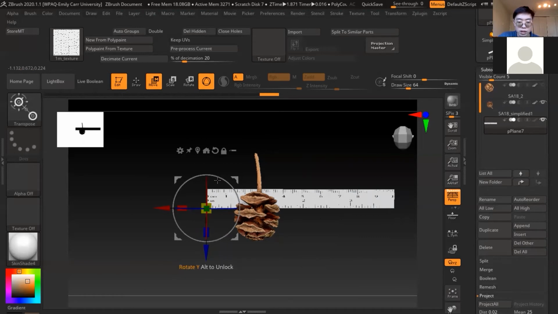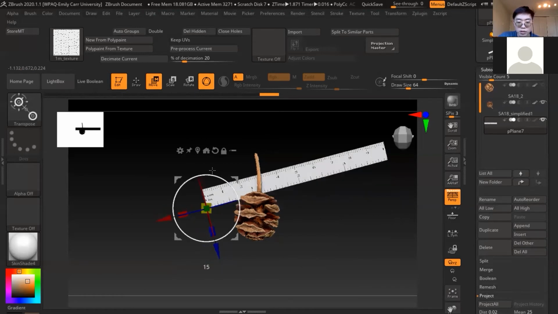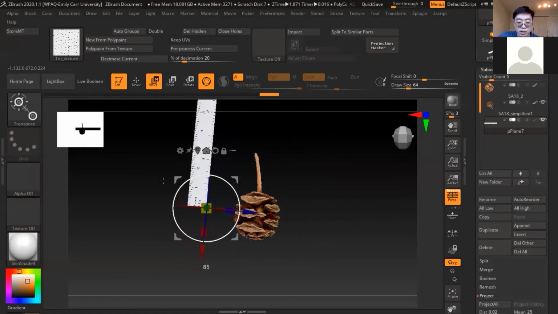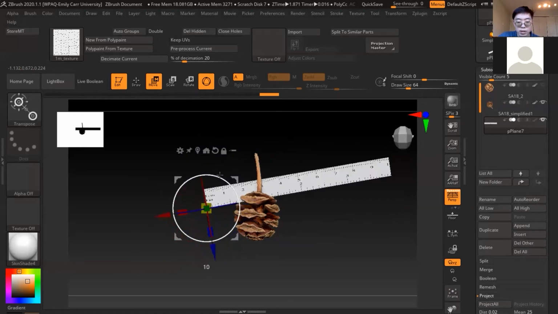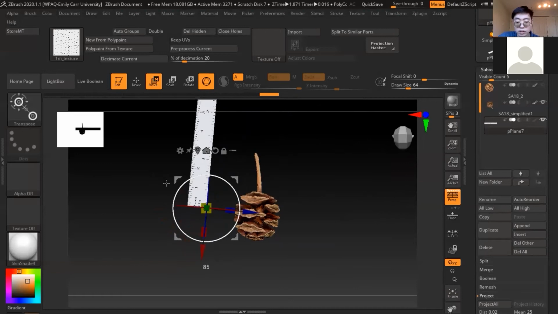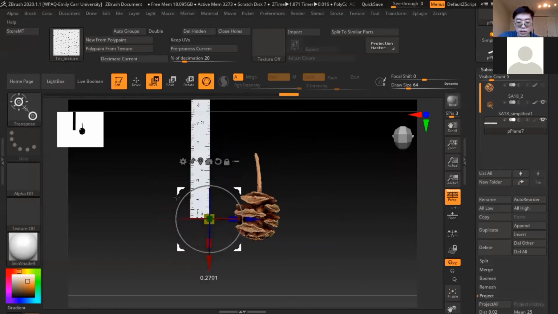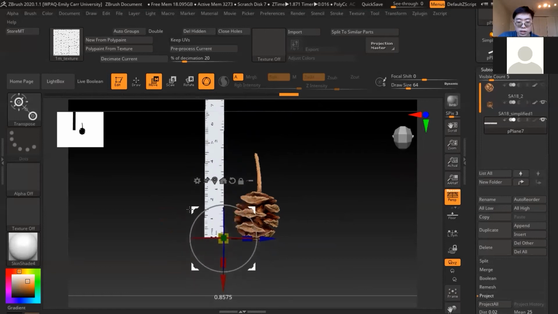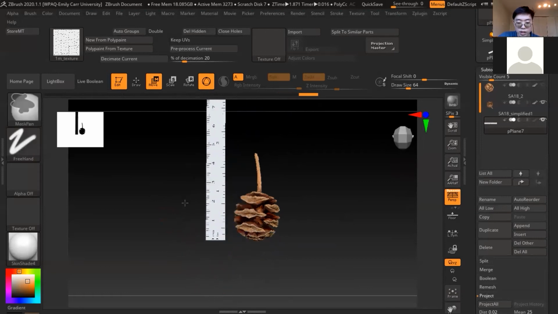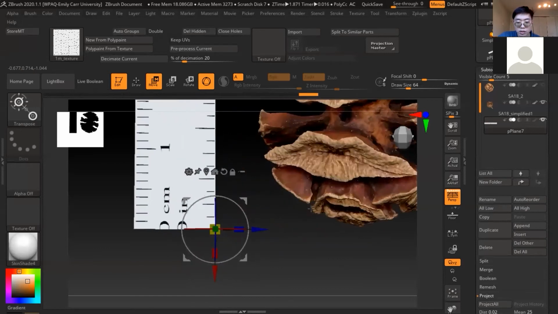And we can do the same thing on this rotation axis. If I hold shift and drag, it will start snapping it in 5-degree increments. And it'll tell you the number on the bottom and what degrees you're turning it on. So if you want it perfectly straight, you can go up to 90 degrees. So that's completely perpendicular. And then you want to match it to,